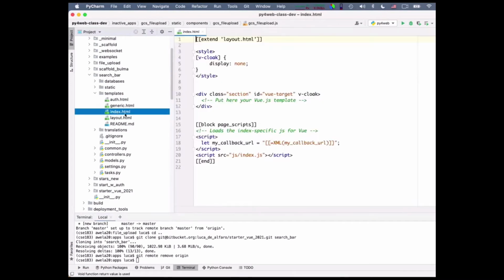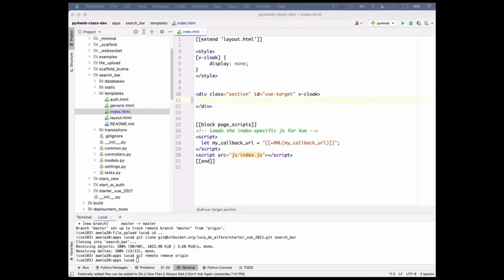Templates index. Okay, so I guess what we want is a search bar, and I always forget. Let me see if I can remind myself fast. How to keep Bulma happy? You know, it's like this monster.